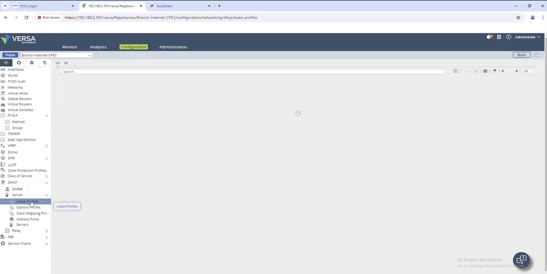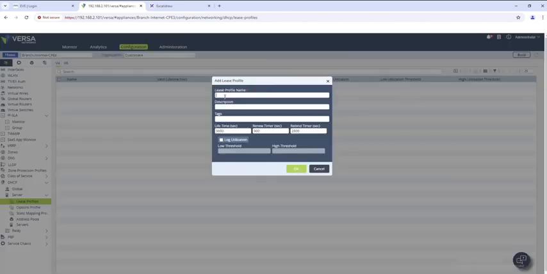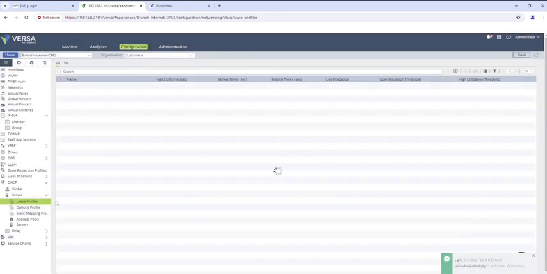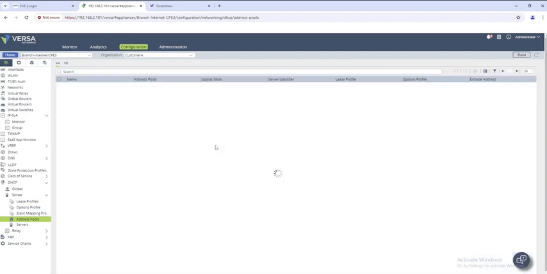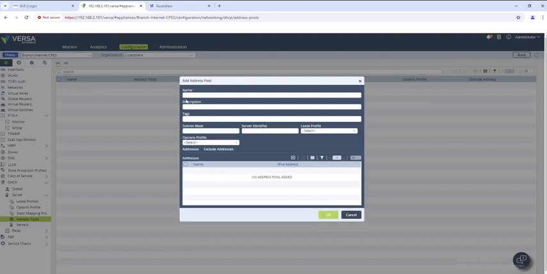So first I create a lease profile. There is no lease profile as of now, so I click on add to create a new one. I give it name LP and I keep the parameters as default. After this I go to address pools and I create a new address pool. Let's say I give this name AP and I give this a class C subnet mask and lease profile LP